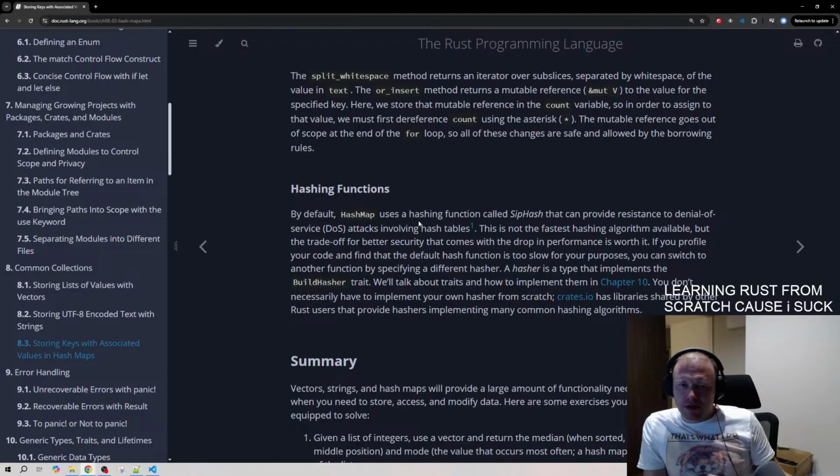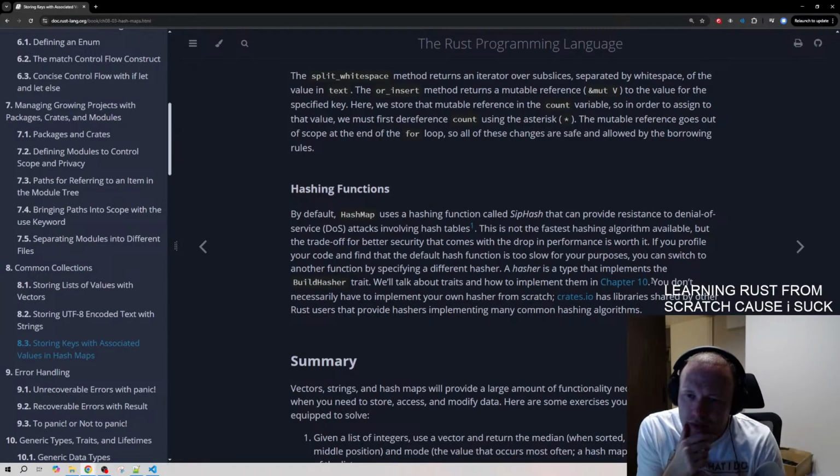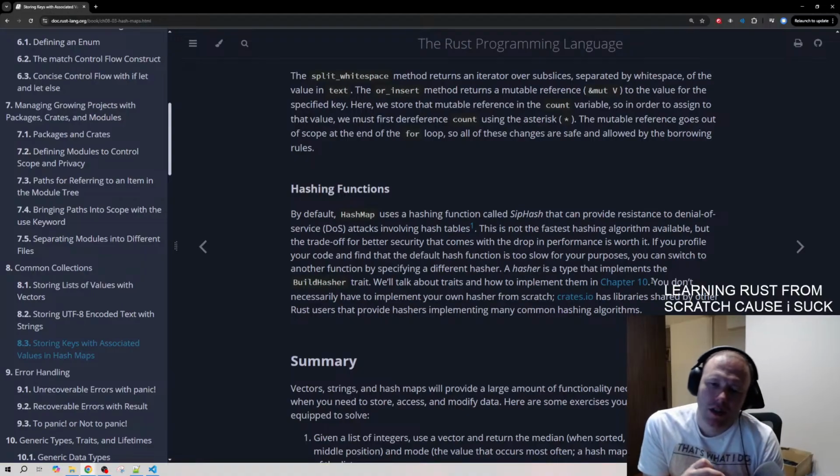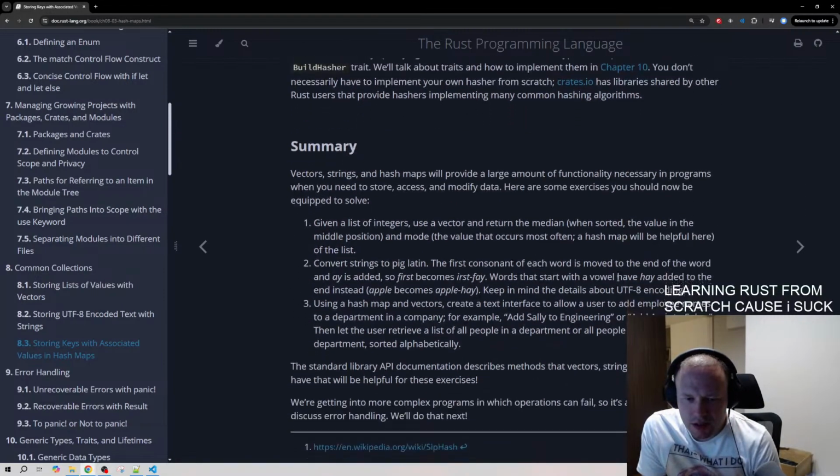By default, HashMap uses a hashing function called SipHash that can provide resistance to denial of service attacks involving hash tables. This is not the fastest hashing algorithm, but the trade-off is better security. If you profile your code and find that it's too slow, you can switch to another function by specifying a different hasher. We'll talk about this in chapter 10. Okay, wait a minute though. So the thing is,